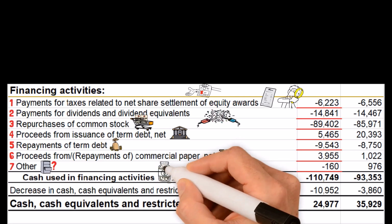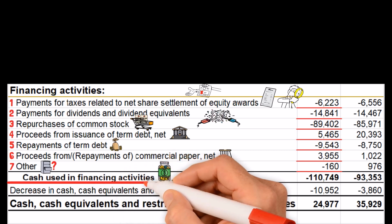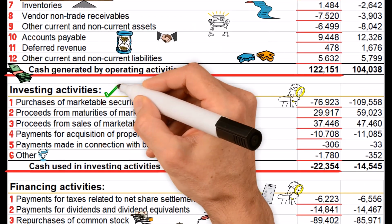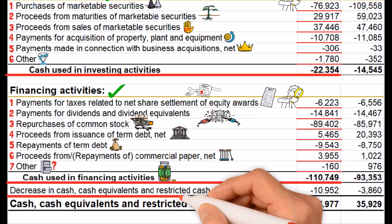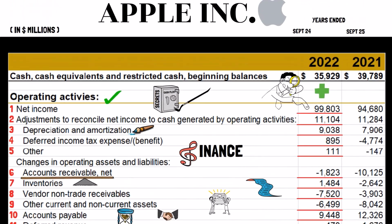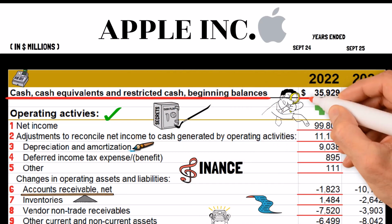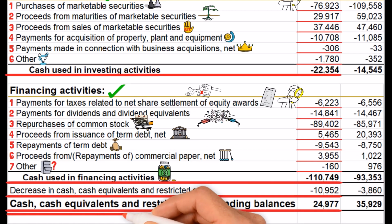After examining the last part, the financing activities, which totaled an outflow of a bit more than $110 billion, we need to sum up all the parts of the cash flow statement and the three different sections. We can see that the decrease in cash, cash equivalents, and restricted cash amounts to close to minus $11 billion. However, by adding the beginning balance of the year of cash, cash equivalents, and restricted cash of roughly $36 billion, the ending balance adds up to almost $25 billion for the year